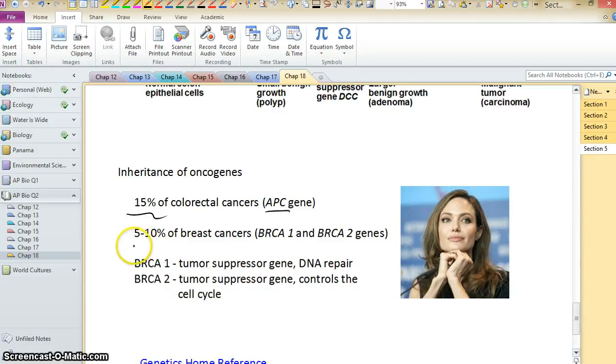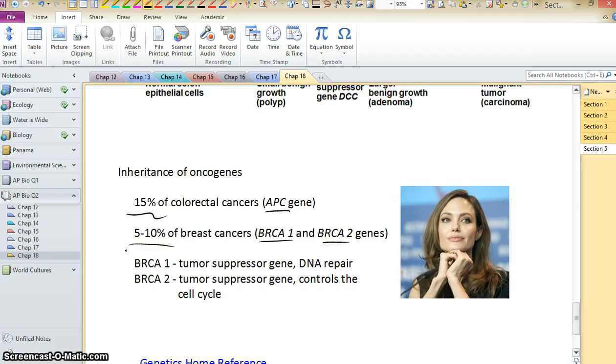And a relatively small proportion of breast cancers are due to these particular genes, BRCA1 and BRCA2. These are both tumor suppressor genes that, again, in the mutated form, don't suppress the cell cycle. And I put a picture of Angelina Jolie up here because she was in the news several years ago because her mother had breast cancer and maybe even died of it, I don't know. And she had herself tested, and it turns out she had a form of one or both of these genes that essentially is the